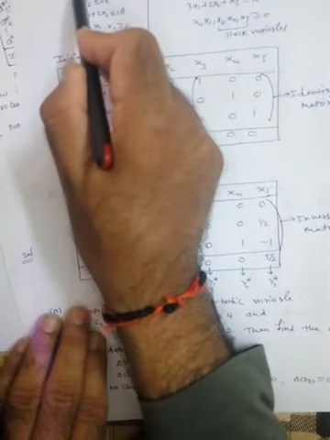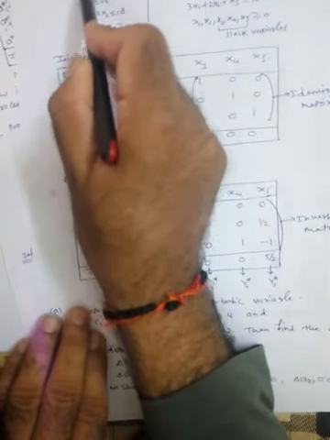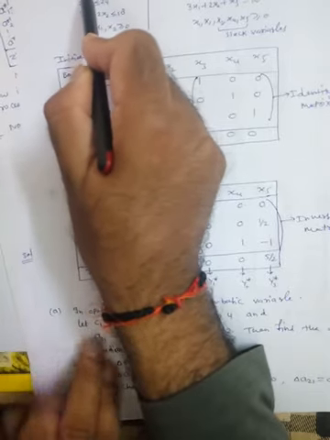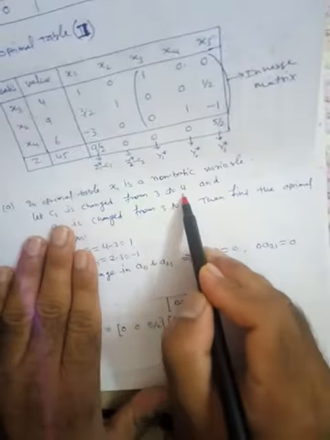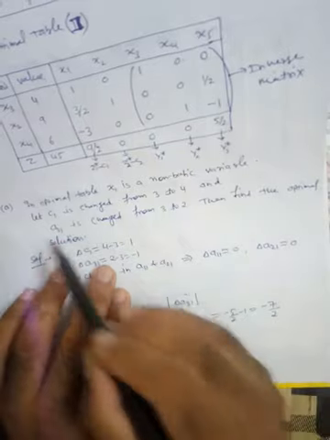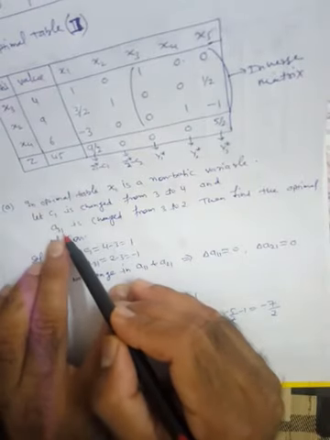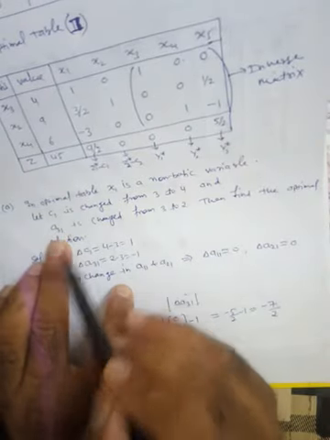What is c1? c1 is the coefficient of x1 in the objective function. This is 3. So now this 3 is replaced by 4, and a31 is what? Coefficient of x1 in the third constraint, that means here.